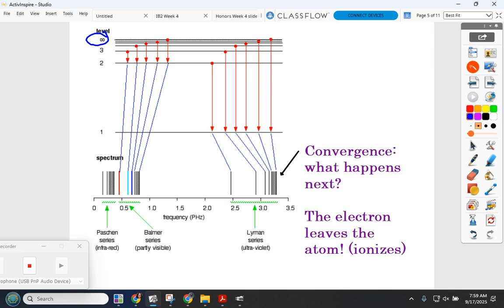So if we get past this convergence limit, we're going to ionize. We're going to lose that electron rather than having it jump up to a higher energy level, okay? So that's the ionization that we're talking about here when we talk about ionization energy, okay? So understanding that there is this convergence and that the infinity level is essentially ionization, that's the important thing to